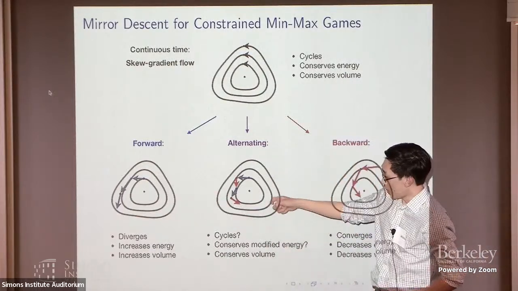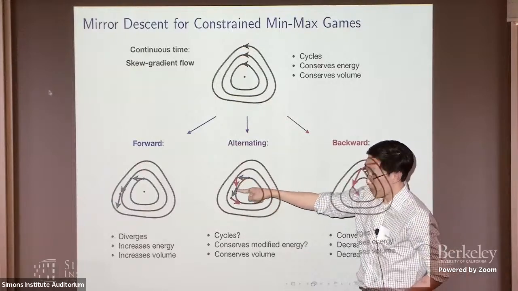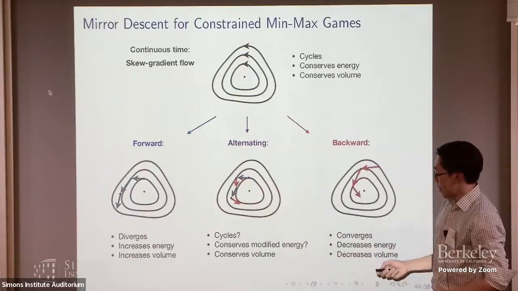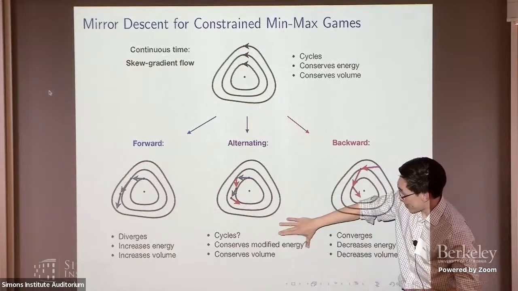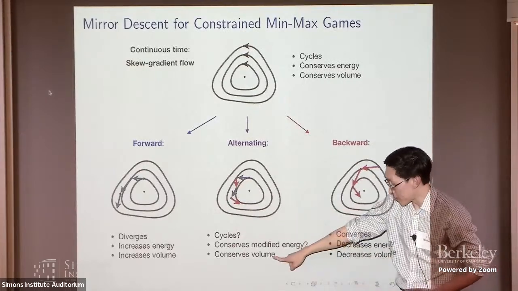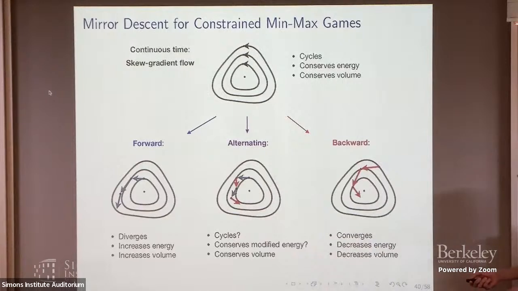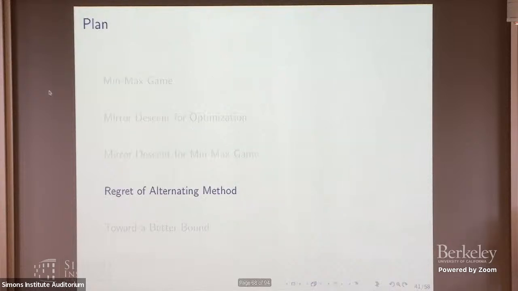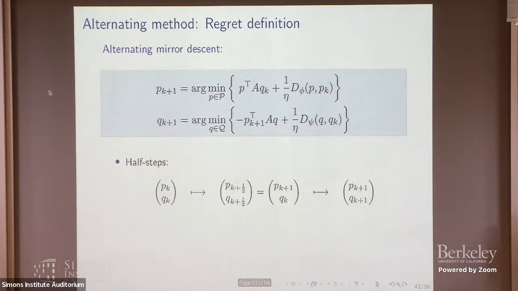In particular, one thing is when you alternate between them. Here, we still cannot quite answer this question, but the volume conservation is true. But here we are pointing out that there are other classes of interesting dynamics that we can study. So, for example, our bound for the increase in energy function translates to the following statement about regret.